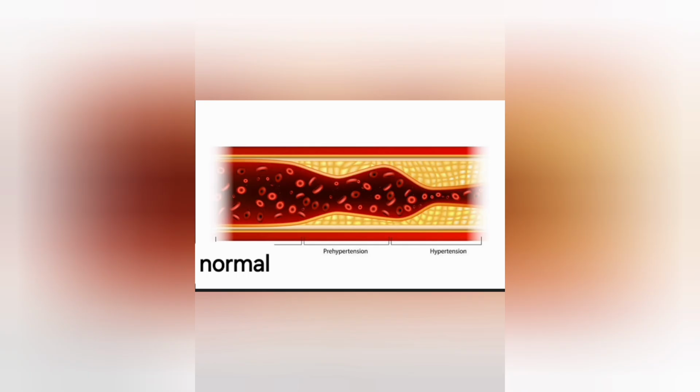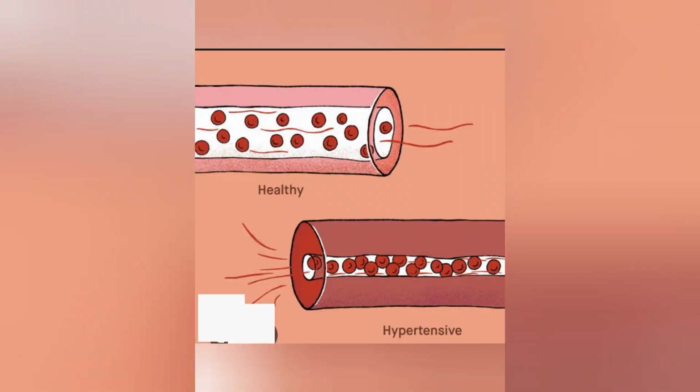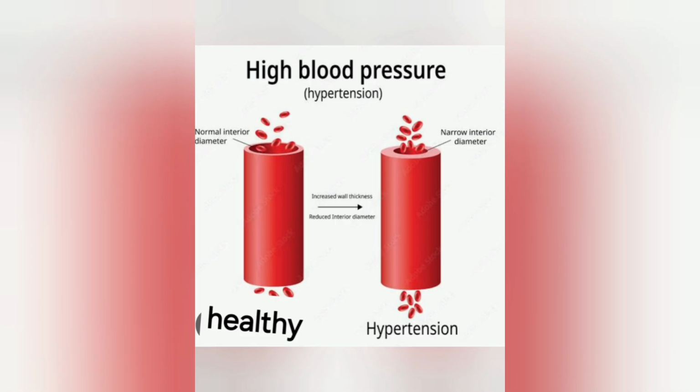Top chronic conditions in older adults. 1. Cardiovascular disease, hypertension, atherosclerosis, stroke, and heart failure are leading causes of death in older adults. How age causes hypertension. Aging causes hypertension primarily through the progressive stiffening of major arteries, a process largely driven by structural and chemical changes in the blood vessel walls.